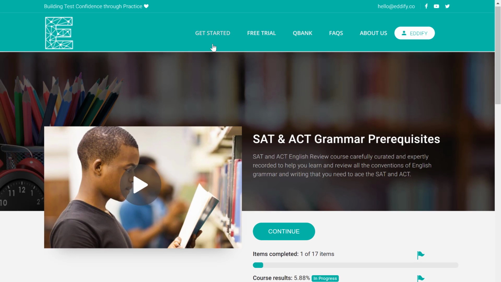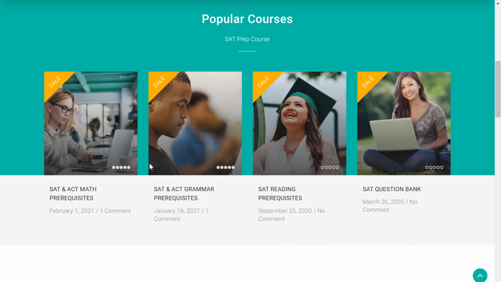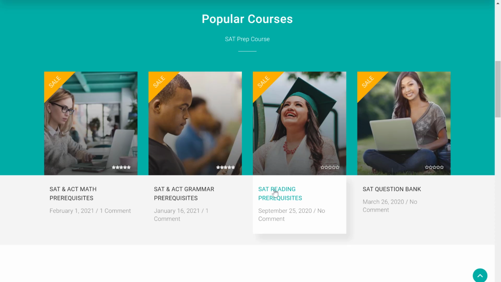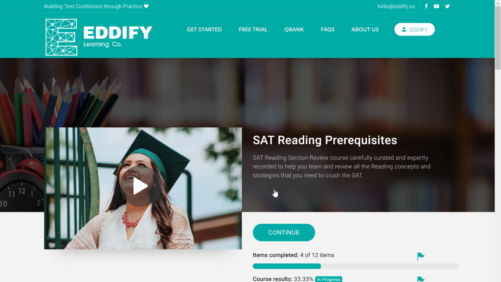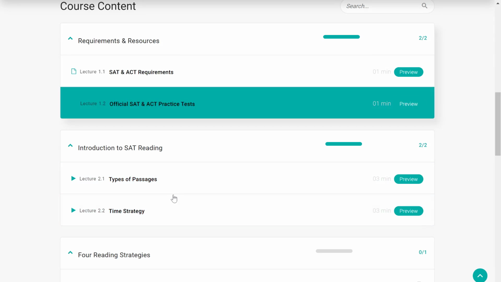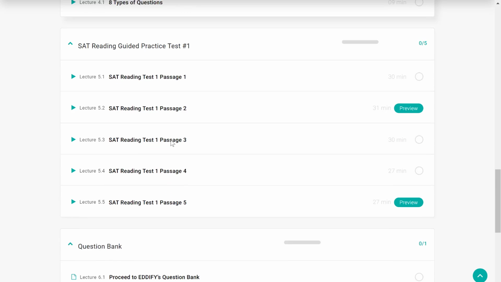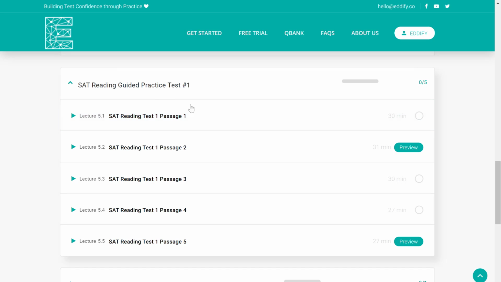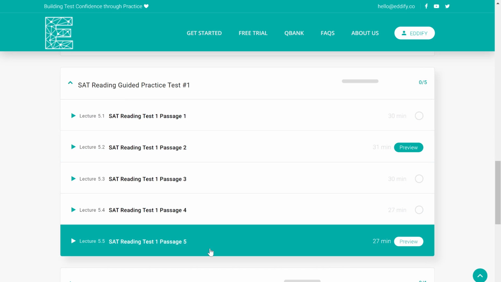And of course, there's the reading section. So let's go and look at the reading section. The reading, SAT reading right here. And SAT reading is pretty cool because it has interactivity that you might not have seen anywhere else. So, here's what I mean by that. For the reading, again, same structure, same setup, all the lessons, you go through each. But then here in this section, we have guided practice. And just to give you an example, let's click on the 5th passage of test number 1,